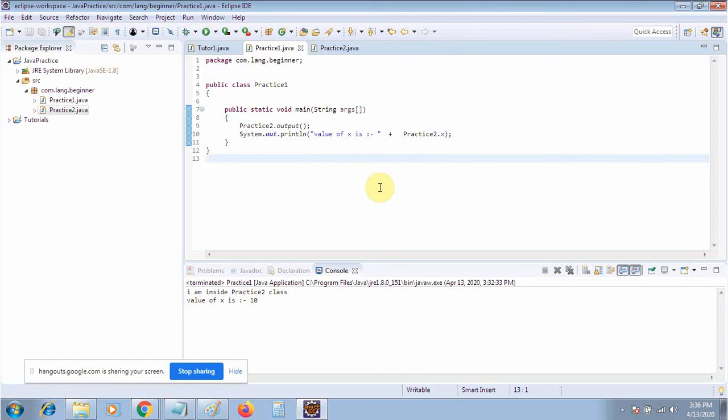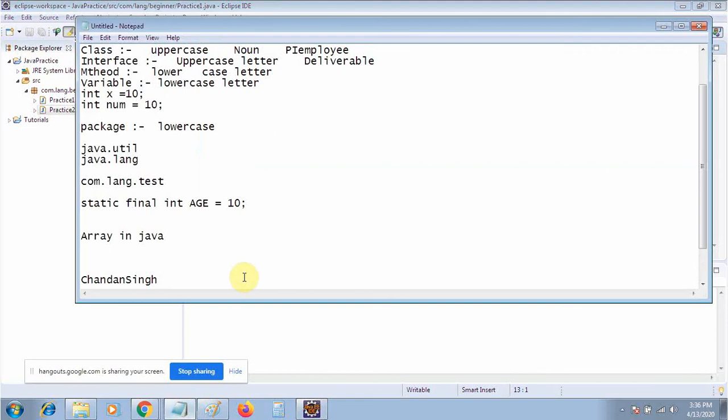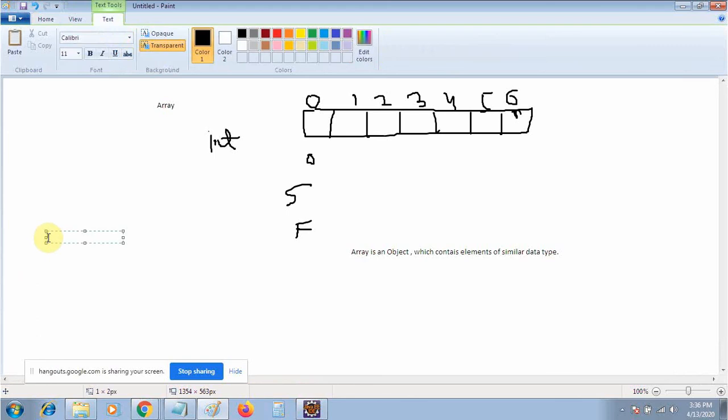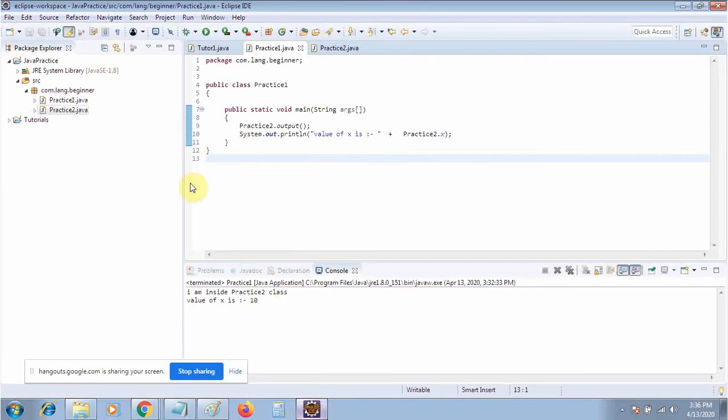Basically in Java we have two types of array: a one dimensional array and a multi-dimensional array. Okay, so let's move on.